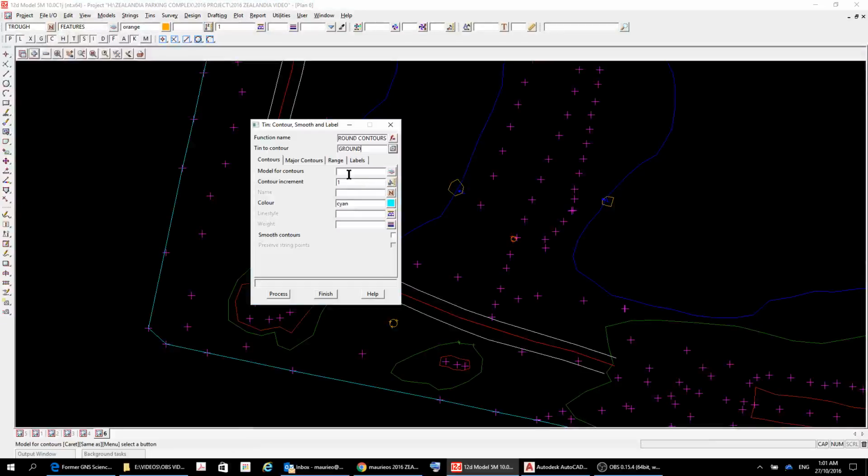Okay, the model for the contours, I'm going to call it ground minor, because these will be the smaller contours. The contour interval I'm going to use is 0.2. Color, I'll keep it cyan, and I want them smoothed. Okay, and the major contours